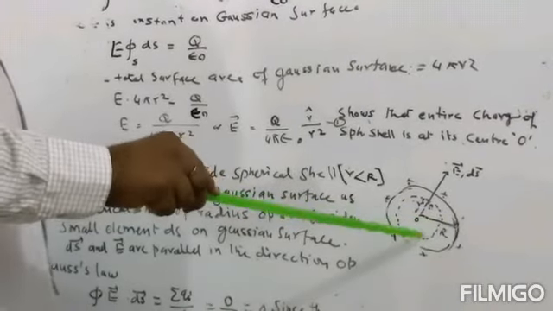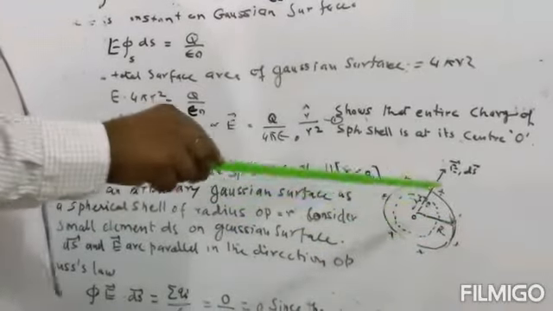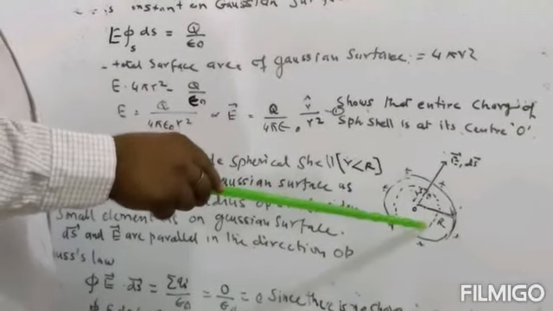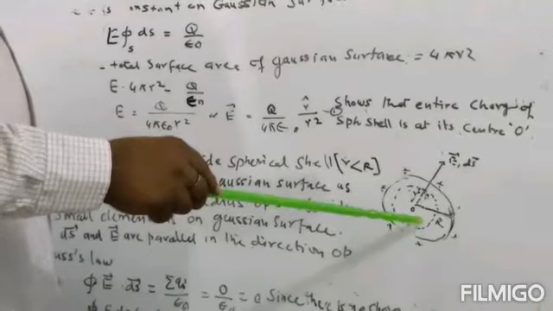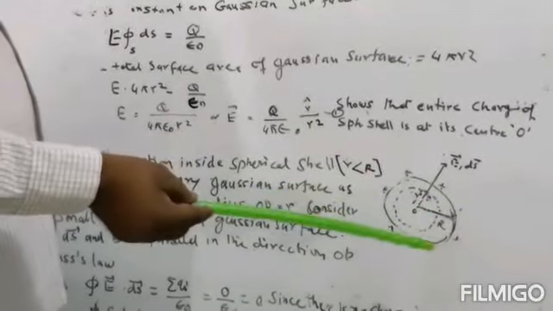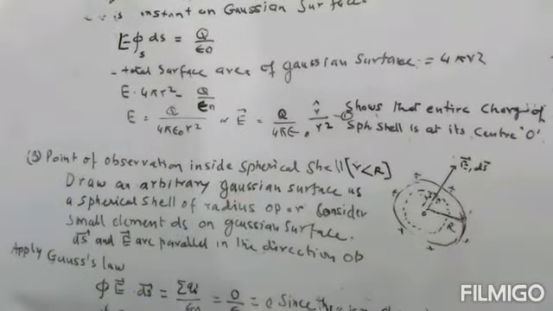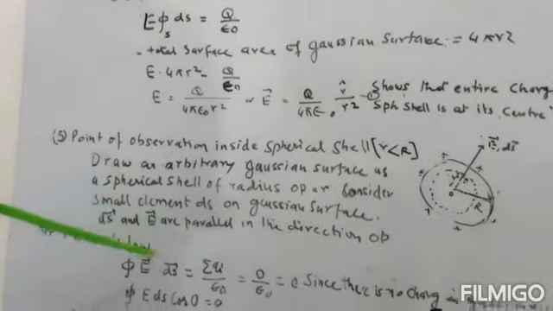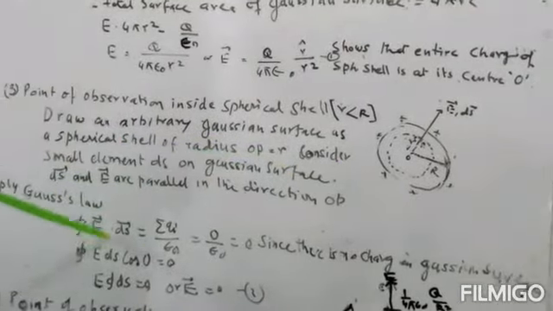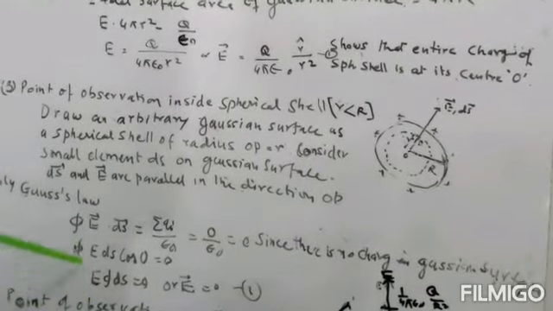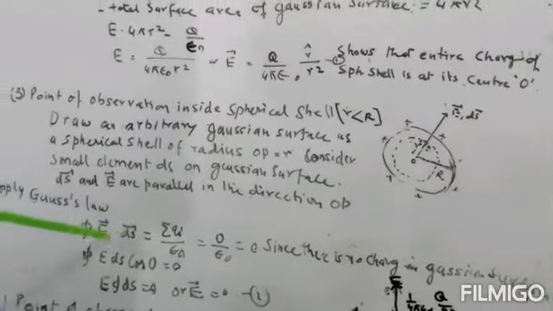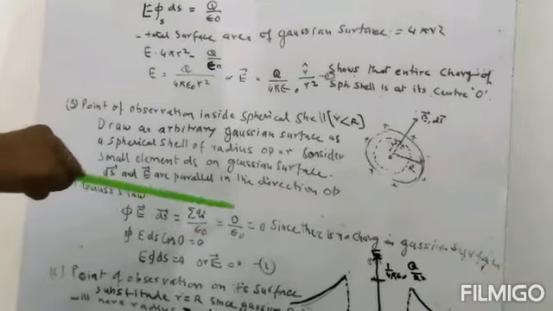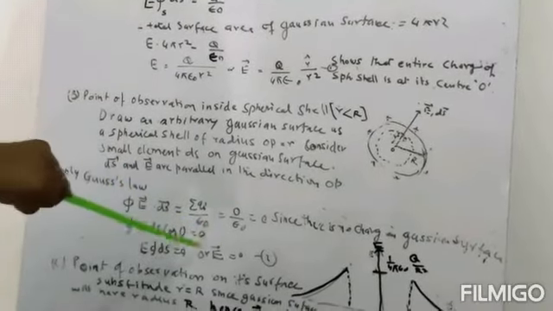Now the charge on this surface will be outside, so there will be no charge inside the cell. So total Qi inside the Gaussian surface will be equal to 0. So if we apply the Gaussian surface, then the electrical field, the surface integral E ds, is equal to summation Qi by epsilon 0, and summation of Qi is 0. So electrical field will be equal to 0.